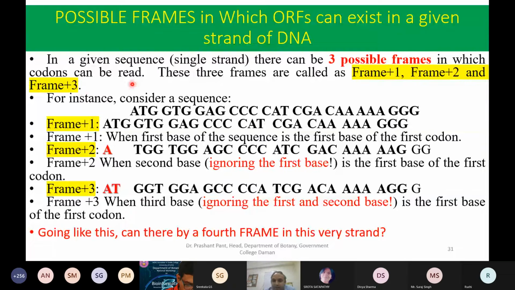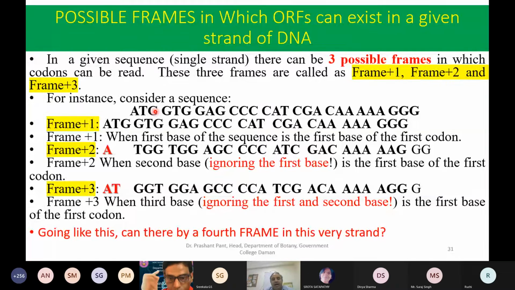By default we name them +1, +2, +3. For instance, consider this sequence: ATG, GTG, GAG, CCC, CAT, CGA, CAA, AAA, GGG. It's a random sequence that I have made up. The first frame will be when the first base of the sequence is the first base of the first codon.